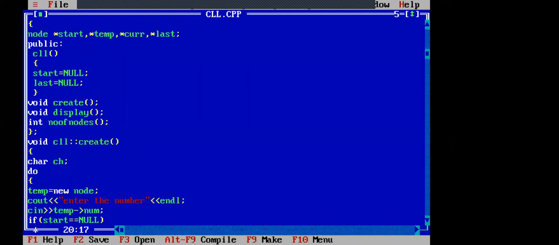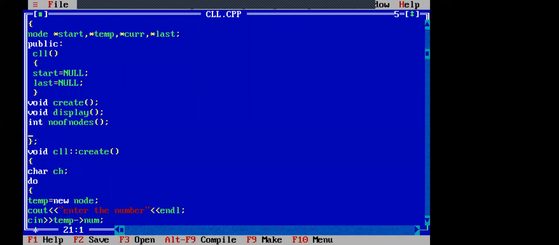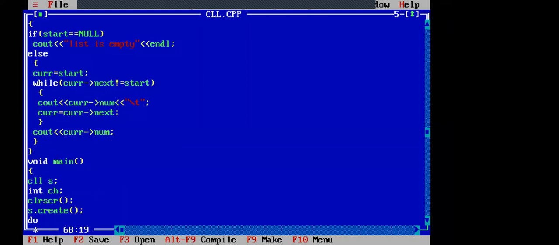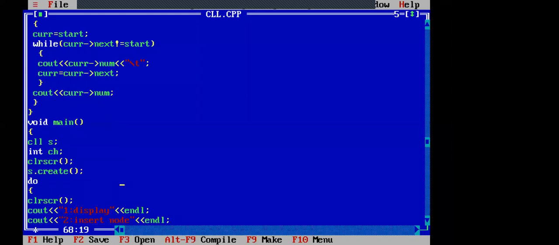This module is used to find the number of nodes. Then I want to insert one more module, void insert node. So these two modules I want to implement.